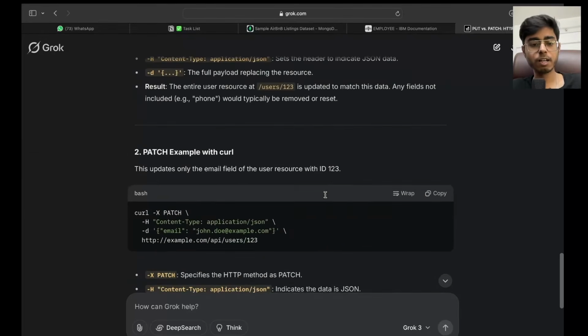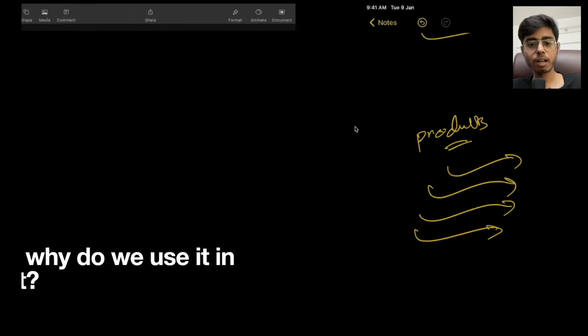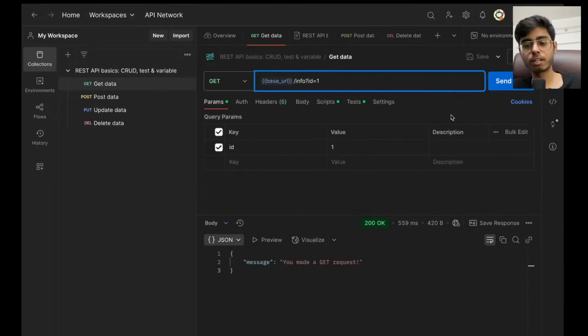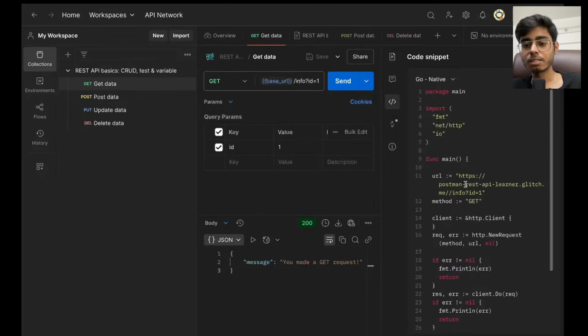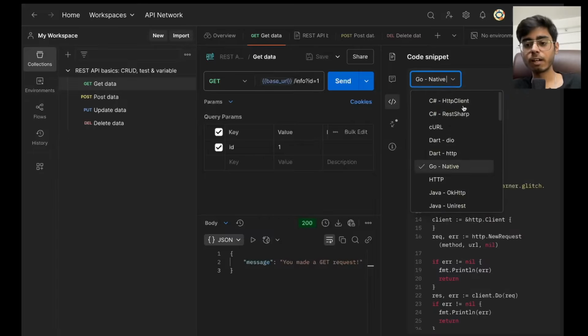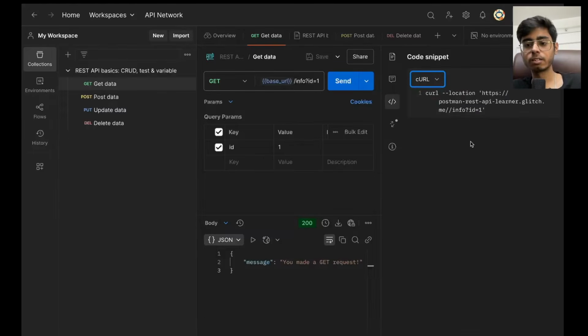And this is the curl request, right? So if I go to Postman, over here we use the Postman user interface to write the API call. But if I take you to this documentation, you can see this is my endpoint, and if I take you to this code, you can see this is the Go code for this. If I take you to Node.js code, you can see the curl. This is the curl API call for this.